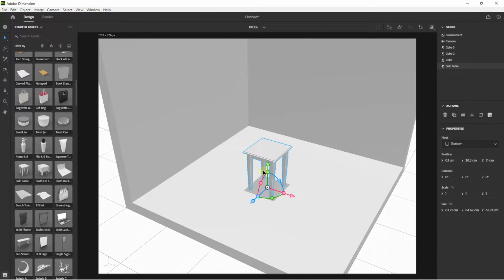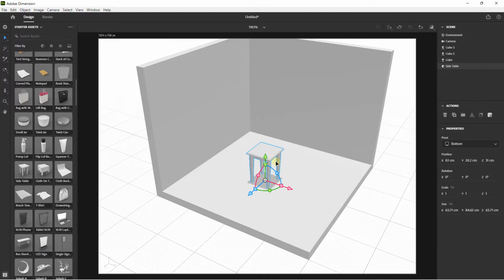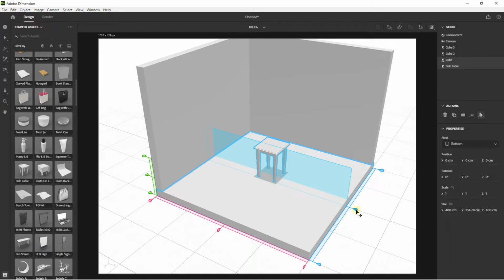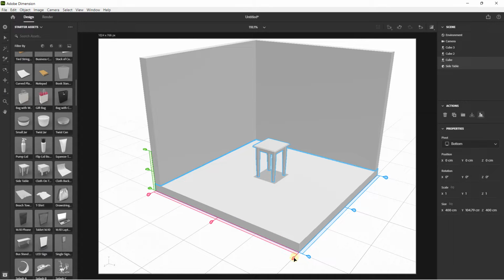If, for example, inside I put a table, I can go on the side table just like this, and if I press Shift with the cube with this base, in the alignment panels, I want to center my table. I can click on Align Center on Z, and I can click on Align Center on the x-axis, just like this. If I want to go in this corner, I can click here and click here. So this is why it is useful.